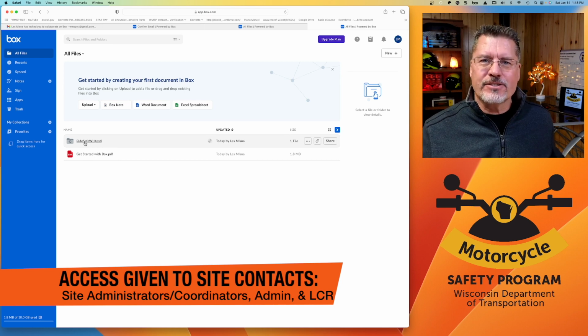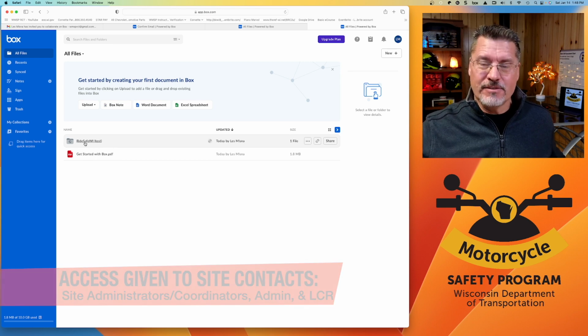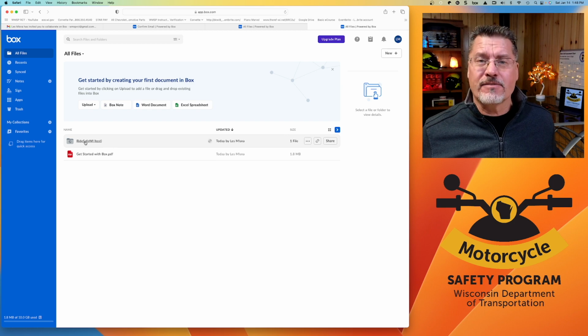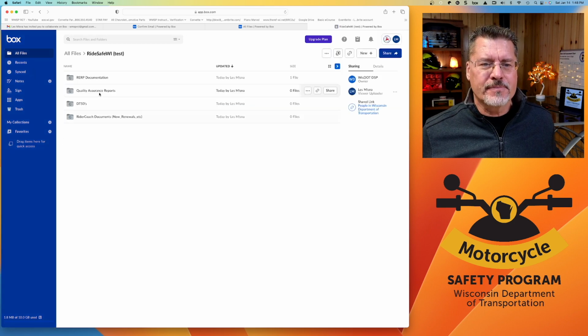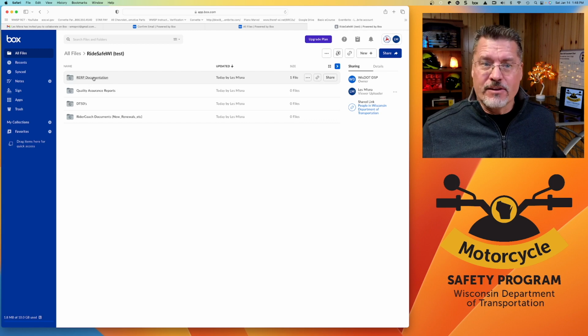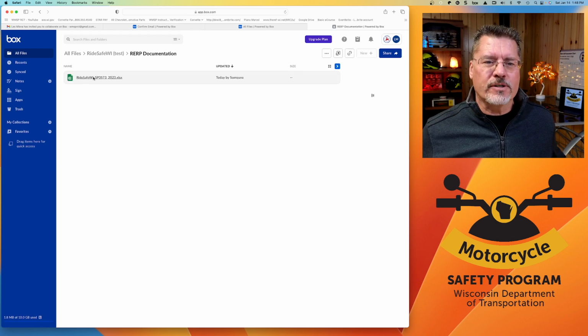You'll have access to your training provider named folder here in Box. If you click on this folder, you're going to see within this folder, there are a few more folders. One's REIRP documentation, quality assurance reports, DT50s, and rider coach documentation. Today, we're talking about the SP3573 form. We're going to put that in the REIRP documentation folder for you. So if you open up this folder, you can see we have that